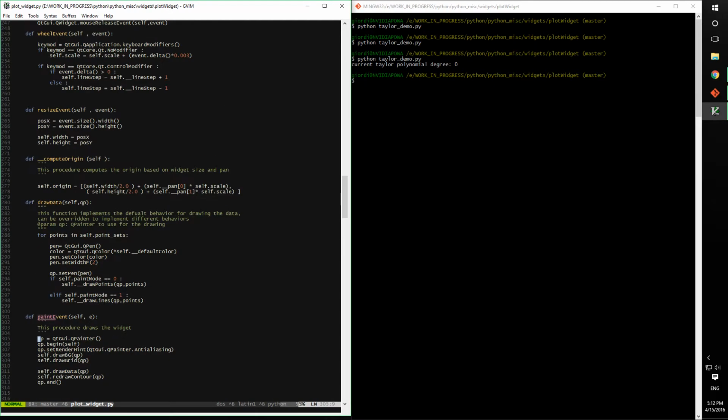draw data. So draw data is super simple. It provides me, again, with the QPainter. I set a couple of colors and a pen, and then I just call whatever I want to draw. So that's it. I'm looping over point sets, so it's a list of lists. It's a list of points, and if I recall correctly,